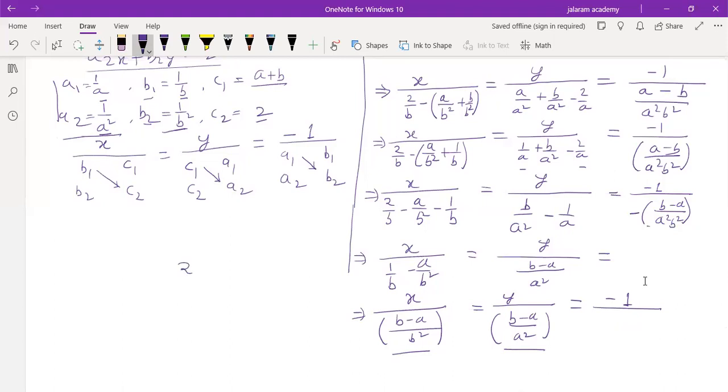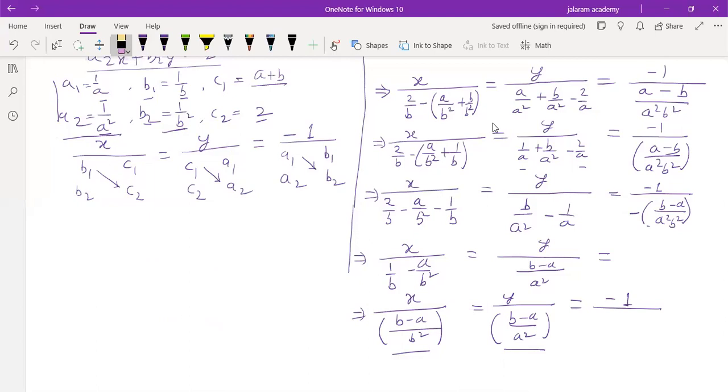Means if we multiply 3 with 3 by 4, what will be the result? Can you tell me? If you multiply 3 by 3 by 4, what will be the result? Yes, 9 by 4. 9 by 4 or 9 by 8? 9 by 12 according to you? We have to multiply 3 to the numerator and denominator both? No, sir. You should multiply or divide only with the numerator, not both. If you multiply to both, it will remain the same. Is that clear to you?